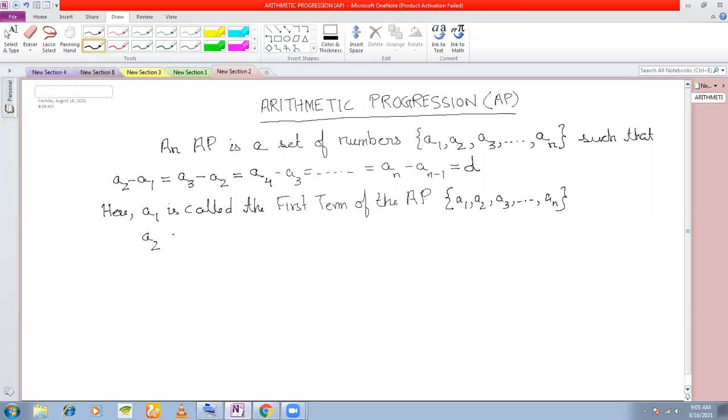A2 is called the second term of the AP A1, A2 up till AN. A3 is called the third term of the AP. And if we continue in this way,